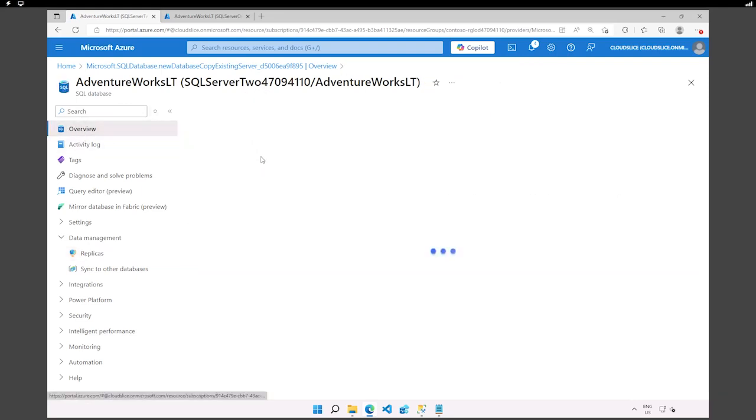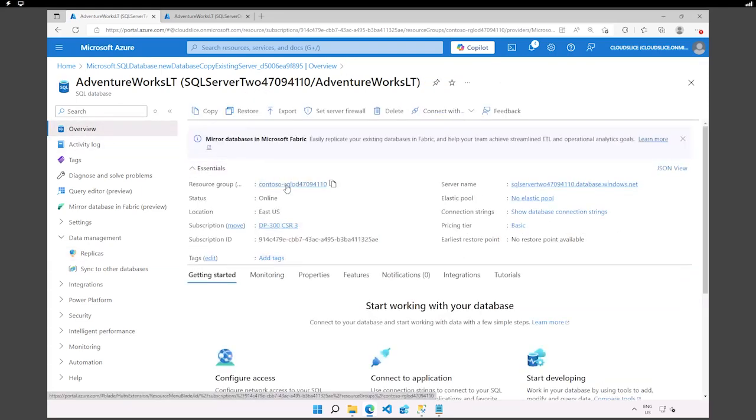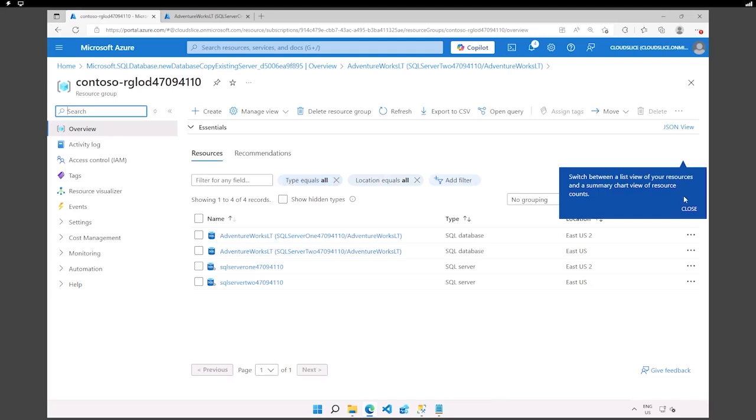As a good reminder, it's always good to clean our resources once we are done. So having completed this demo, what we have done, once again, is create multiple Azure SQL databases with their servers through script.